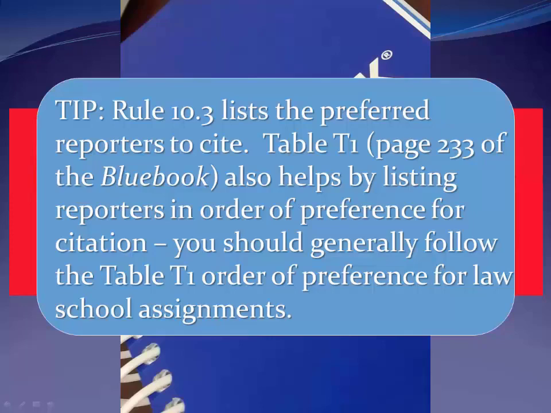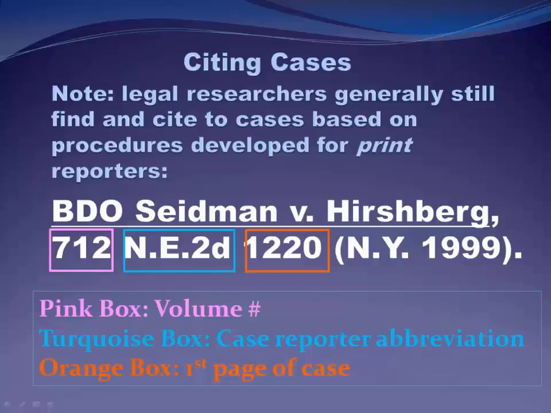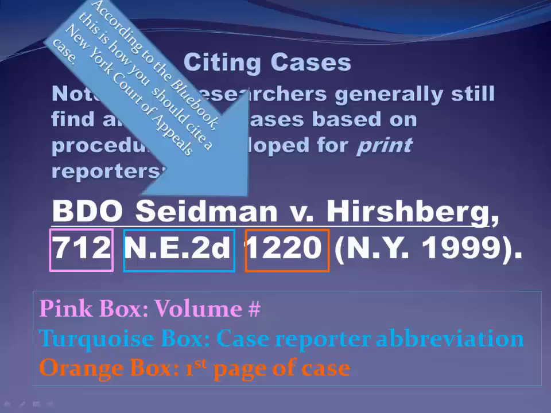When you cite to a case, we're still kind of pretending like we're looking at it in print. So we're still citing to a volume and a reporter and a page number as if we were looking at it in an actual printed volume, even if we've never done that and we're looking at it on Westlaw or Lexis. That's still how you do citation. This is actually how you would cite a New York Court of Appeals decision. This is exactly the correct cite, and you can see that you're not citing to the official New York Reports. That's the Court of Appeals reporter that's been designated by statute,